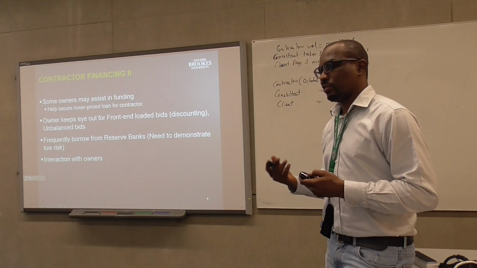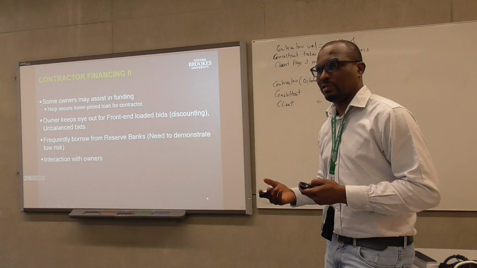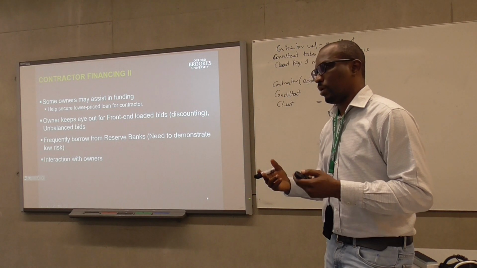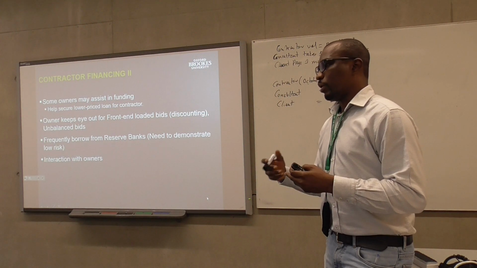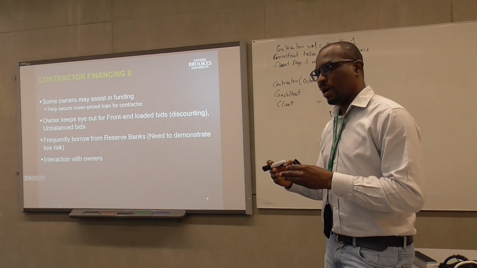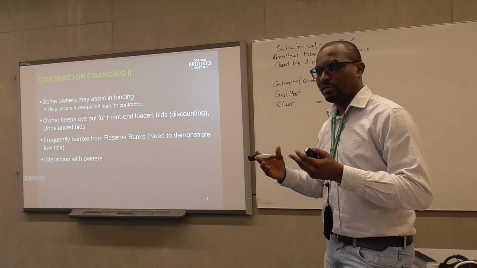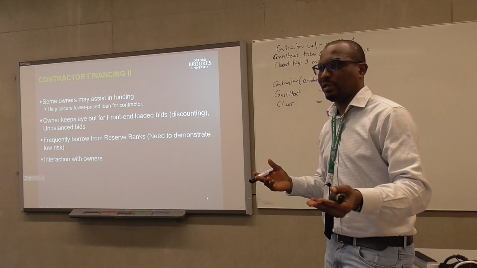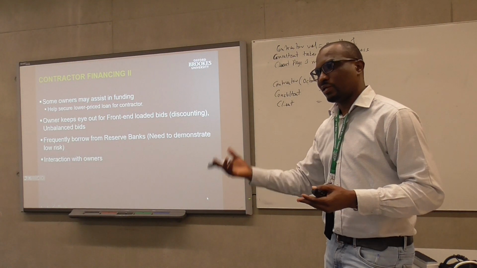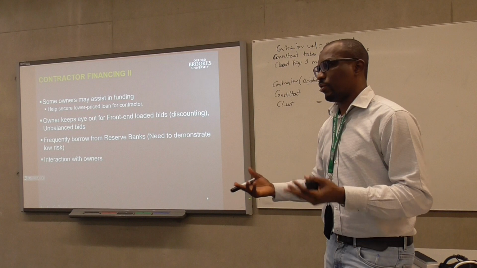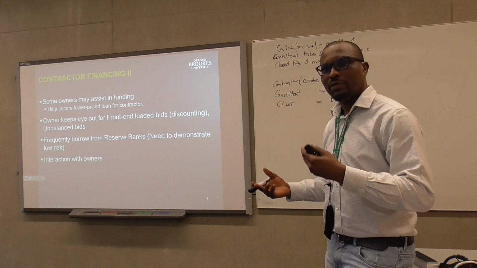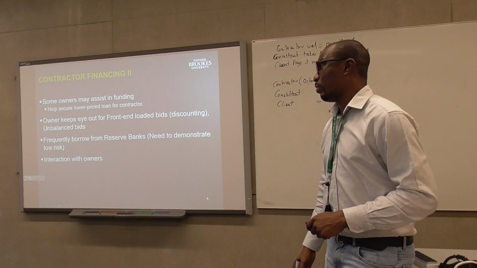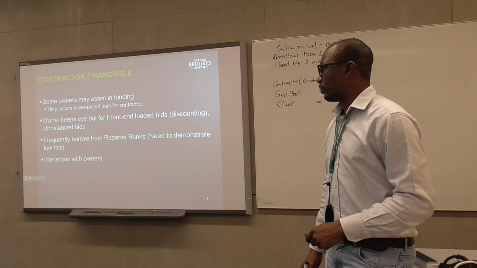So the client sometimes can say, okay, if the contractor especially is facing challenges, the client can go to maybe a bank and say, okay, this contractor is working on my project, XYZ. You help the contractor secure a loan at a much lower interest rate because as an organization, you are big enough that your balance sheet is able to provide adequate guarantee for that contractor. Whereas the contractor's assets may be very small or minimal. So as a client, you could arrange that form of guarantee for the contractor and help the contractor secure a lower loan.